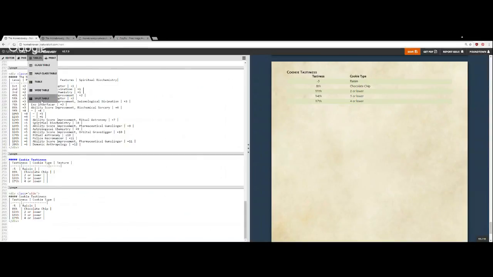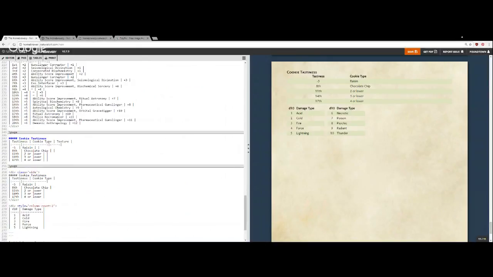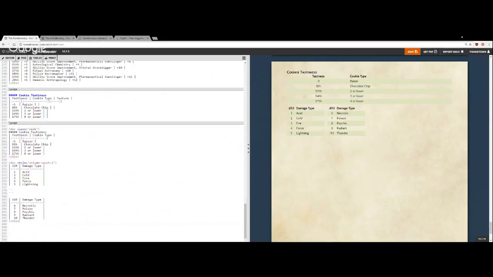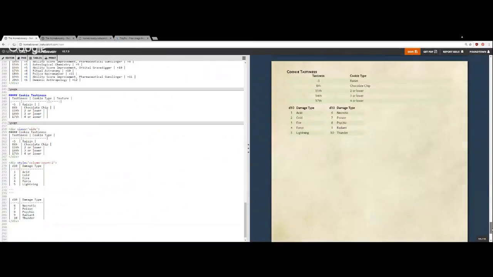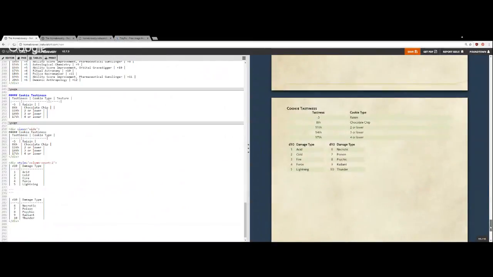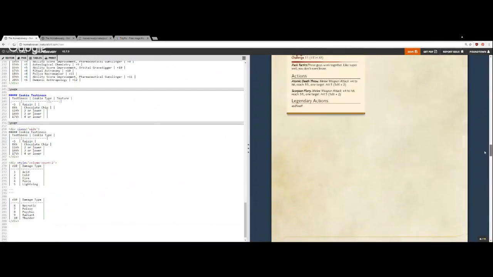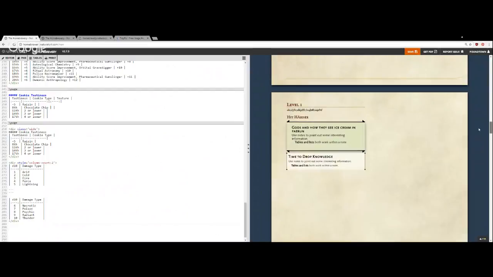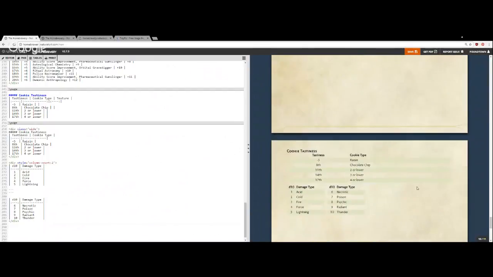And then we have split tables, which are these right here. It's just a normal table, but it's got a little divider in it, which again you can use for various purposes. So that is a lot of the tools and functionality in the homebrewery that I use and manipulate to create my homebrew things. And once you start to figure it out,